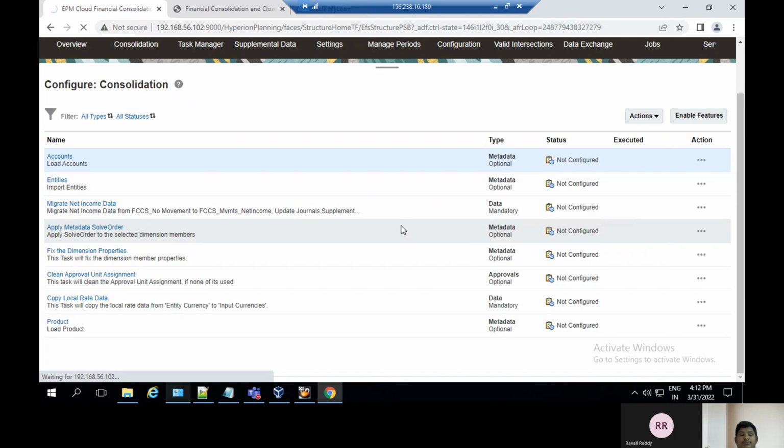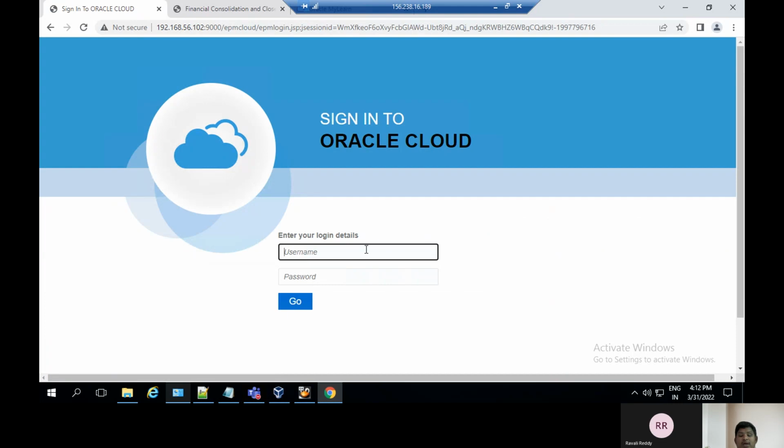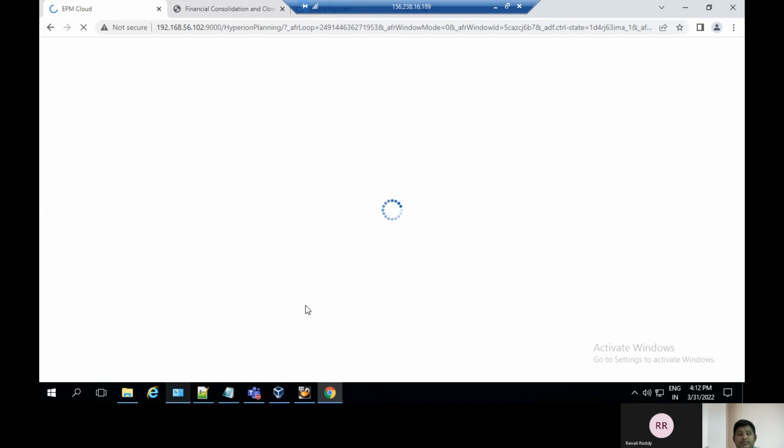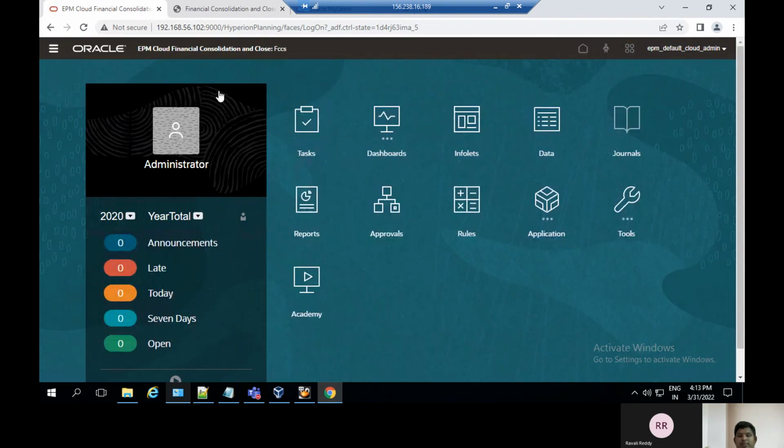Okay, I will sign in to the application again. EPM Cloud application, and click on go. Here the application will appear, and